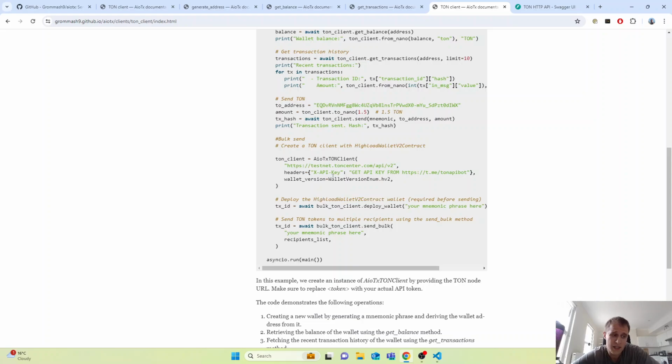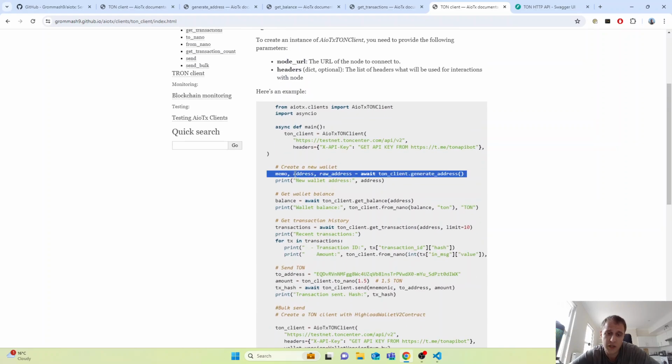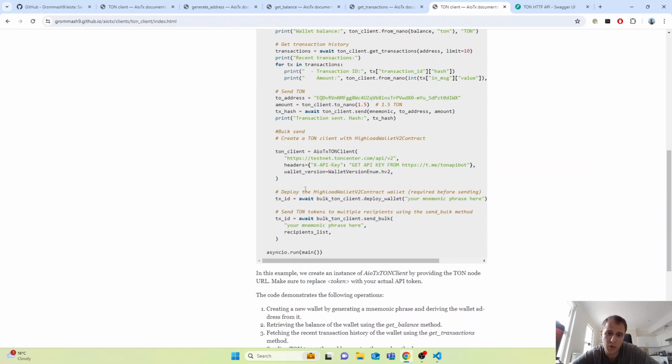So it's important to know that these wallet contracts are very different wallets. So for using this high load wallet, you should create a new wallet. So you should generate an address using the client with the proper wallet version parameter. So you are not able to send tons from a standard wallet and do the bulk sends. So it's very different logic. So if you want to use bulk sends, please specify wallet version, and then you should deploy the wallet. It's important because